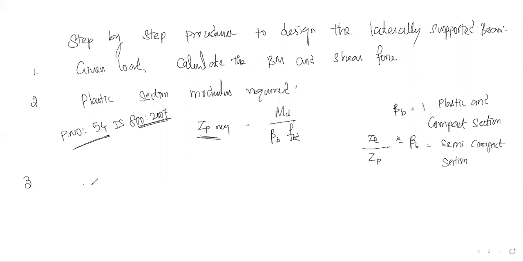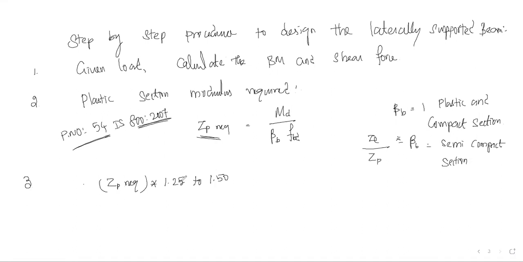Then after that, we have to go for ZP required multiplied by 1.25 to 1.50, since a laterally unsupported beam has deflection in both vertical as well as horizontal directions. Because of this vertical and horizontal deflection, we may get a torsional moment. So in order to withstand the torsional moment, we need additional section modulus, which is nothing but 25% to 50%.